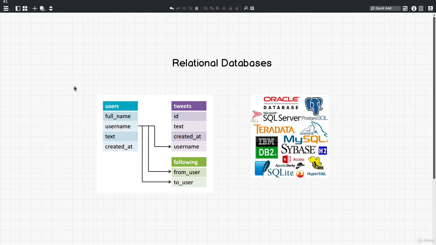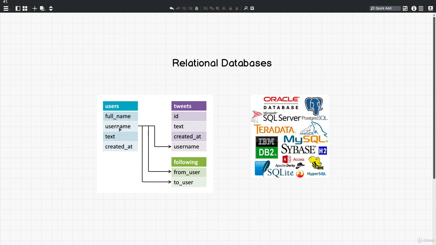If we had Twitter, for example, you can see over here the types of tables that we would have and how we would organize it. We would have a users table, a tweets table, a following table. And we can connect all this information, for example, by connecting different pieces of the table.